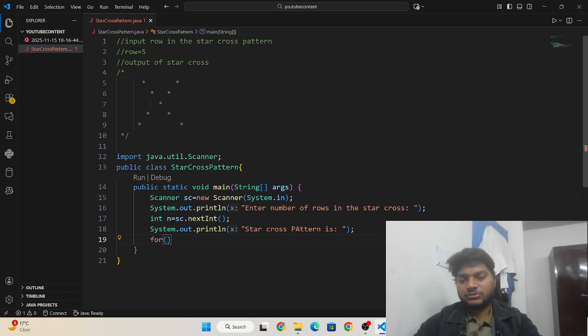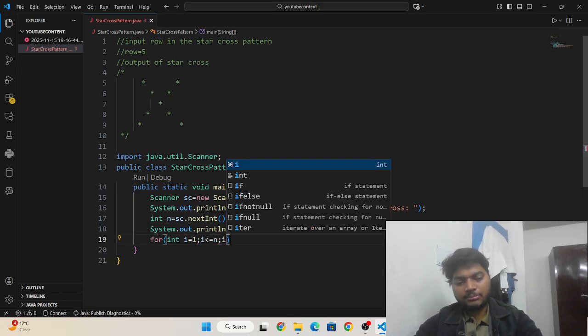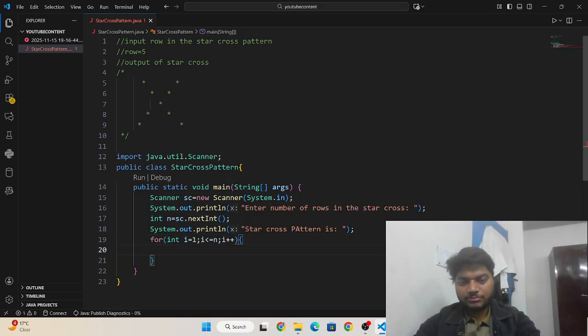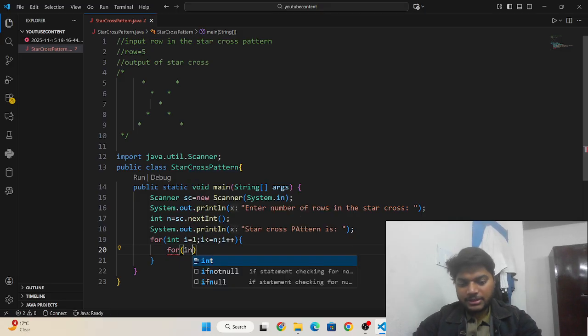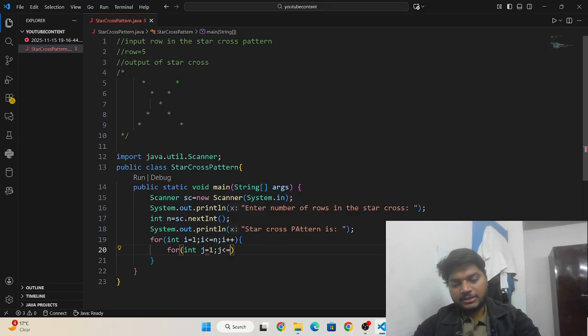Okay, so I need to write for int i is equals to 1, i less than or equal to n, and then i plus plus. Then I need to write a nested for loop to print stars in the columns, so I need to write for int j is equal to 1 and j less than or equal to n, and then j plus plus,